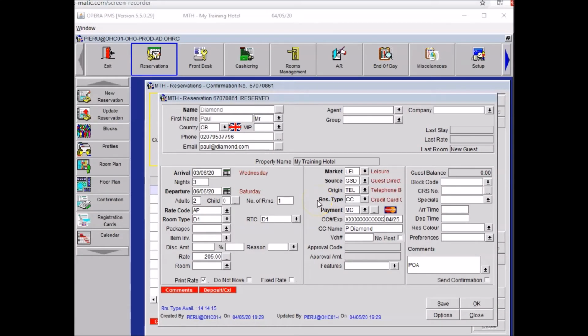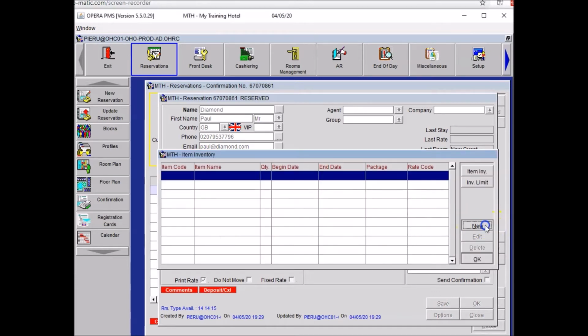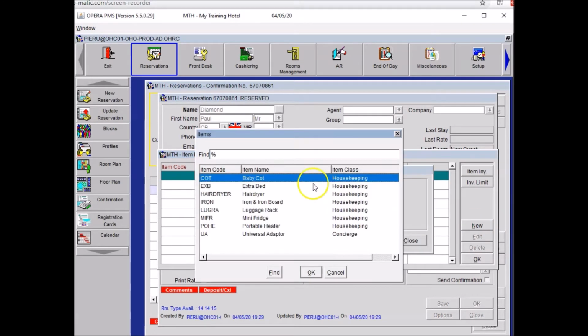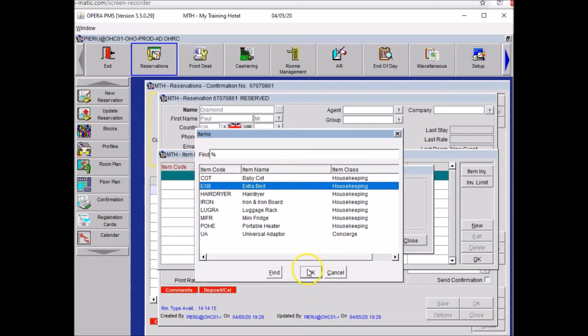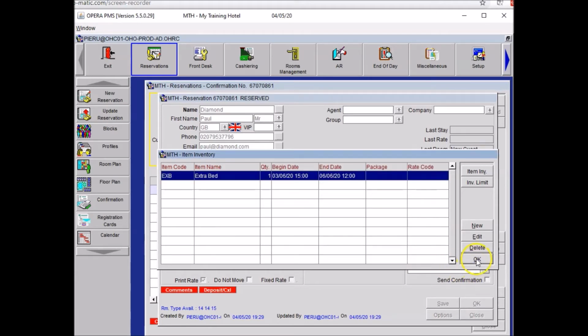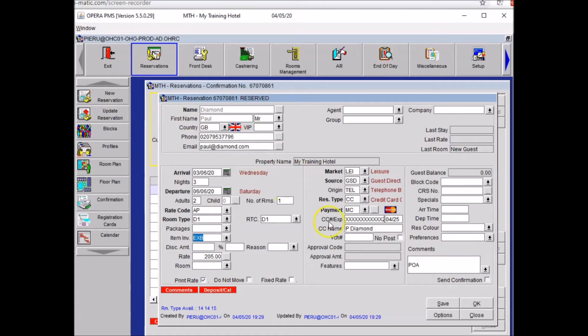Your guest wants an extra bed in the room, so for that you have to go to Item Inventory, just here, create a new request, and you want it to go to your item code and select the extra bed, just here. Then for the full stay, you could have changed the date if required, quantity 1 extra bed is fine. You press OK to validate your request, press OK again to go back to your reservation, and here you